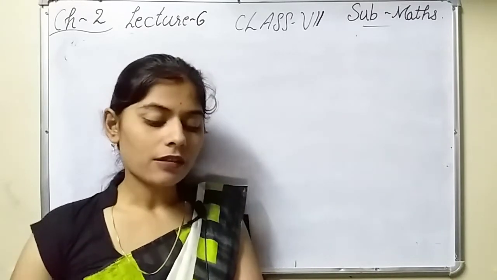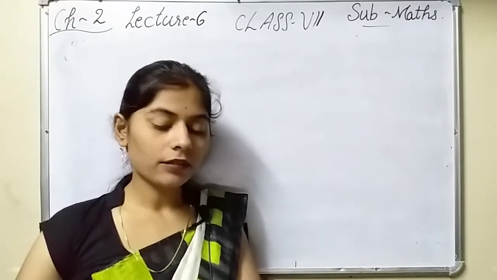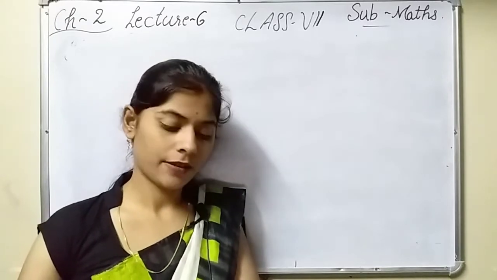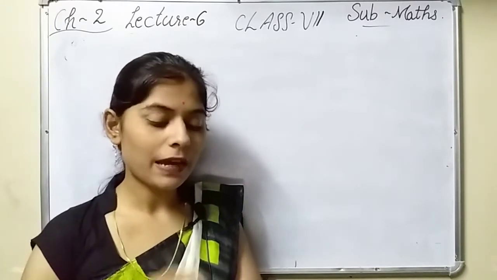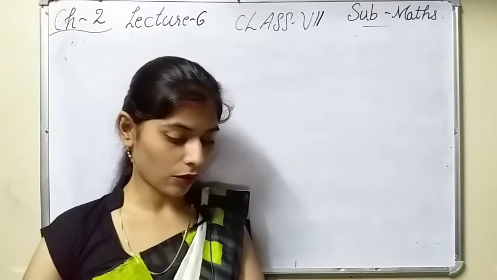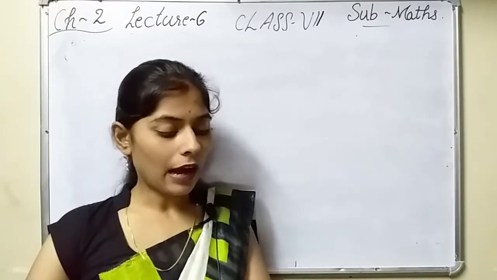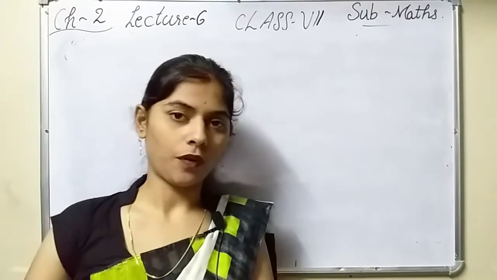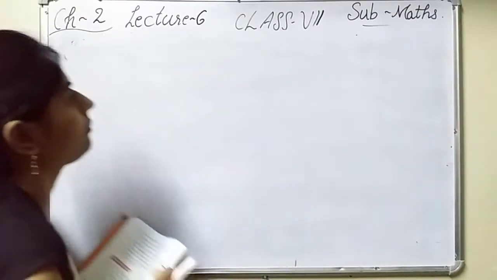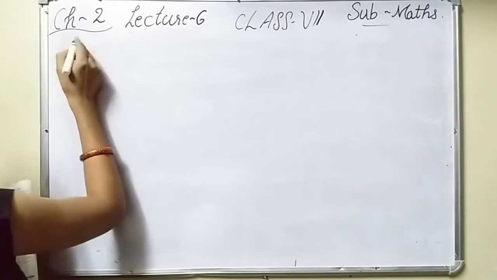If Ankitesh has sold 1 3 by 8 times as much as Jimmy sold, but Jimmy's price is not given here, how much he has sold it. It means we have to assume here Jimmy's price as x. How much did each of them sell the tickets for? Okay. Now see solution.